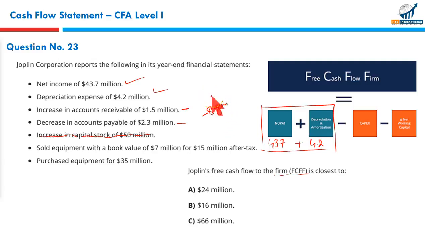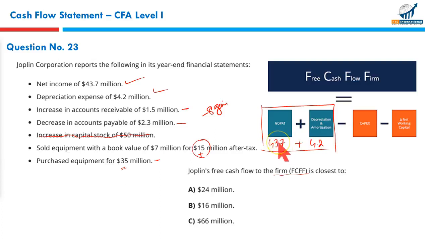First thing. Then you just look at it carefully. You have purchased a new equipment, 35 million must be deducted. At the same time, you have sold an old equipment for 15 million. So yes, there is a gain and loss impact that must be taken care of as well. At the same time, selling this asset for 15 million is an inflow for capital investments, capital expenditure, and here it's an outflow. Now, let's see what we're doing now.